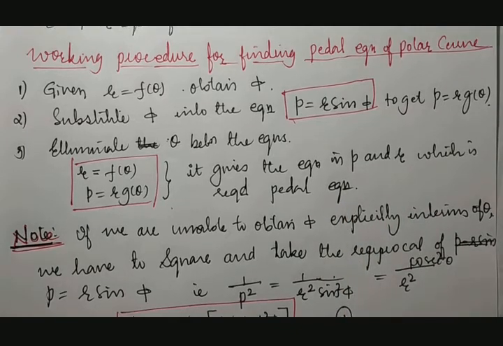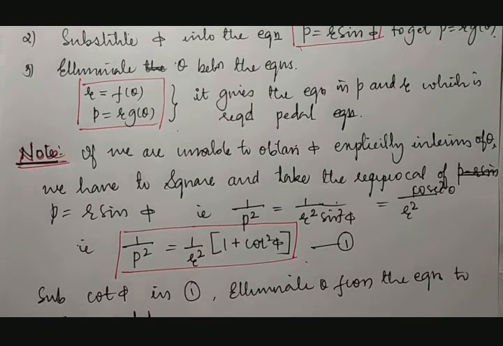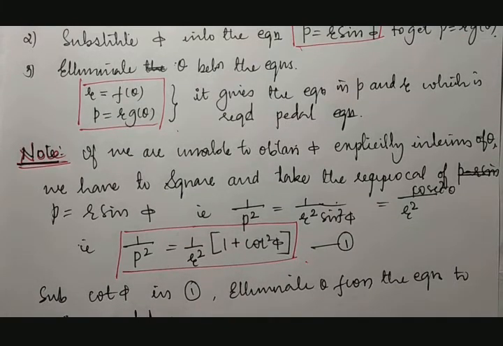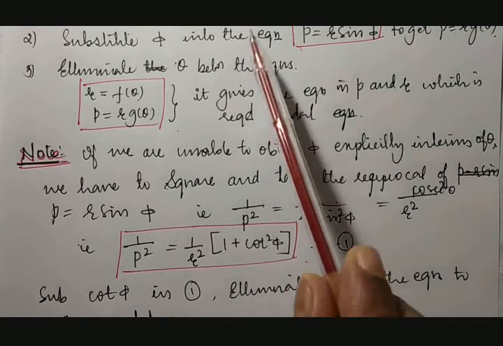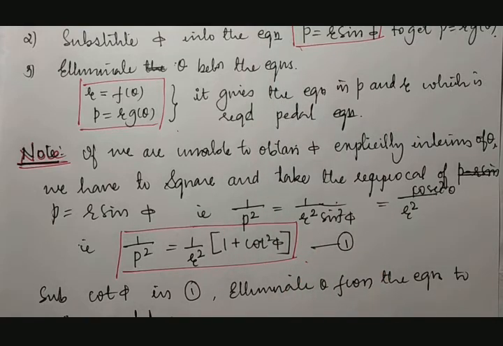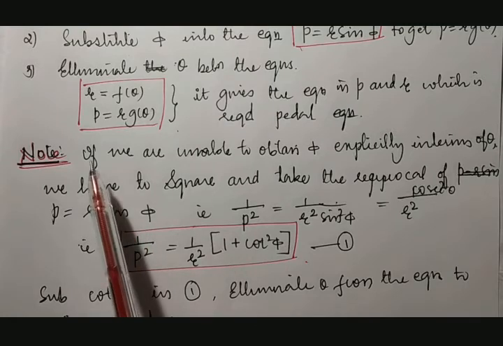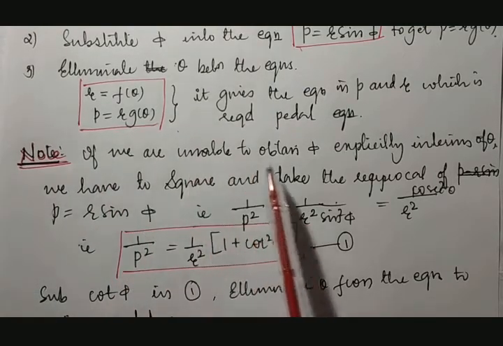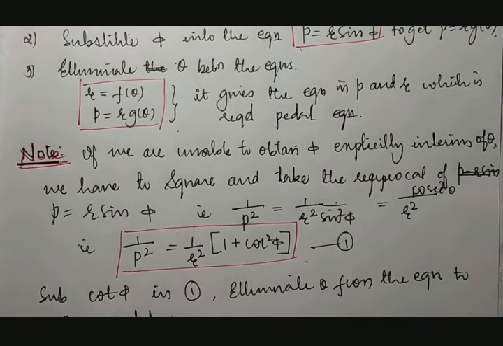Very simple one. But what happens? All the time we try to eliminate the value of theta, and all the time we need to try to find out the value of psi. Psi is nothing but angle between radius vector and tangent. But what happens? Sometimes if we are unable to obtain the value of psi explicitly, previously also we observed this and we faced this problem where we didn't get psi. So cot psi, then what did we do? We took reciprocal, means we converted that cot into tan. The tan psi will be slope of a tangent there, correct? So tan psi has to be taken.